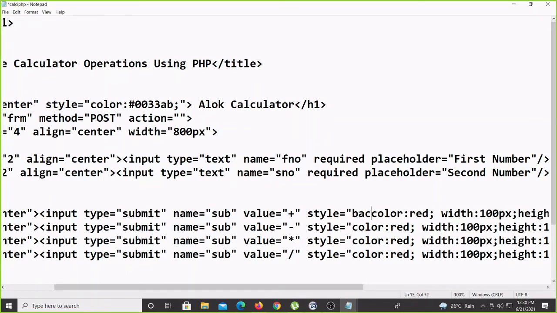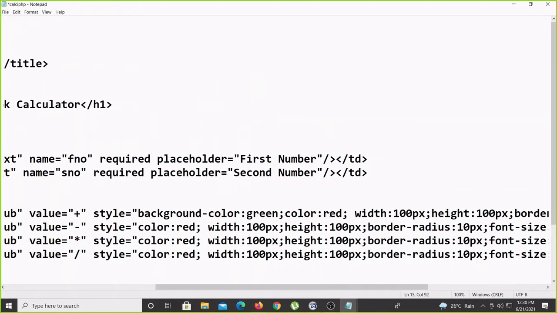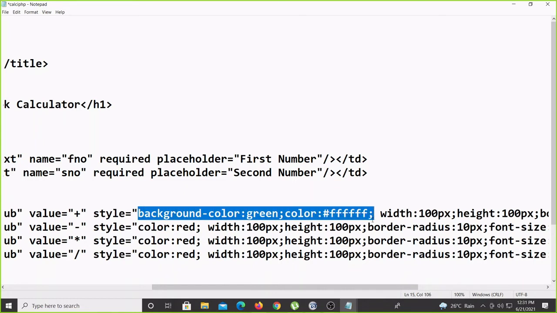Background hyphen color colon, give any background color here. We can go for the green, and the font color we can make white. So only this part we can replace here.